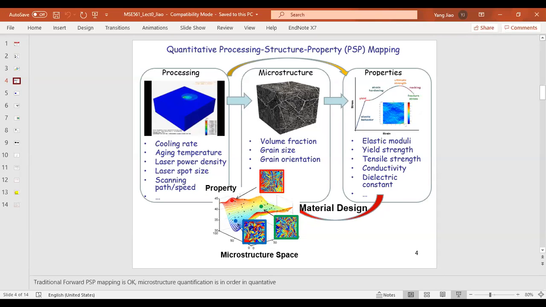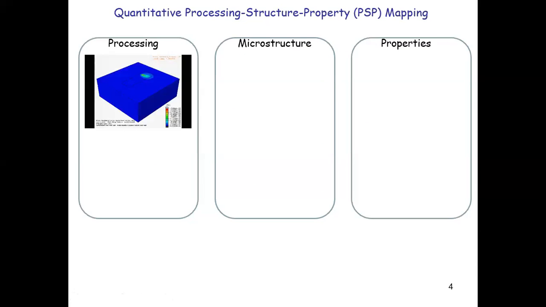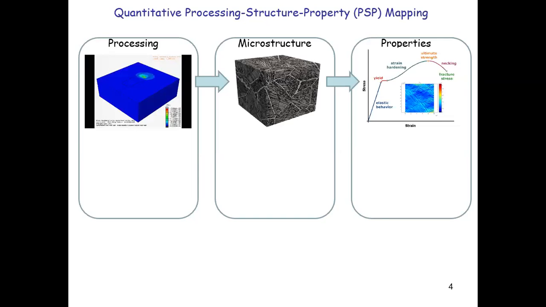Let me try to show this. I think I have some very nice animations. So basically, based on what we discussed, right? In this class, we'll mainly focus on the microstructure evolution part of material, and this is related to the processing. Okay, so the example I give you here is the animation of the selective laser sintering process. So you can see that this blue thing is a densely packed powder of some pre-alloyed metal, maybe aluminum or